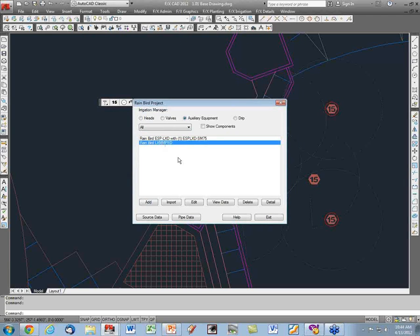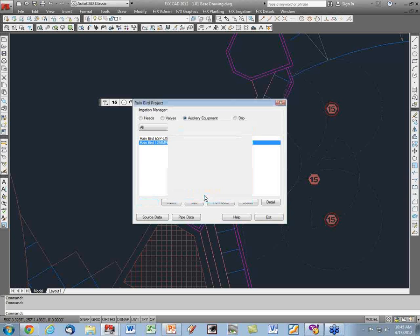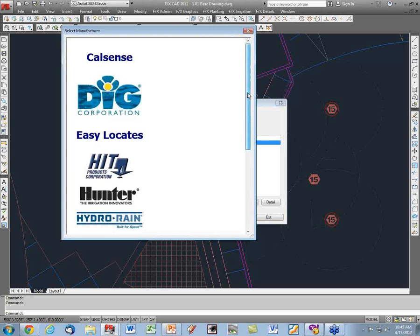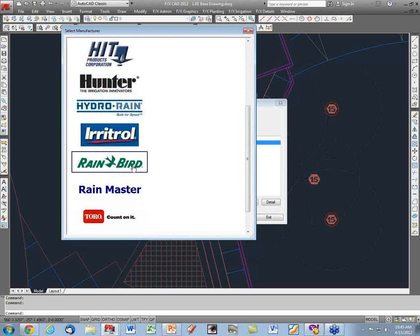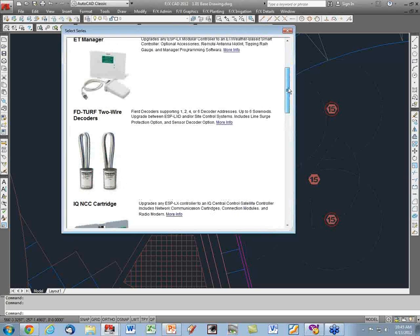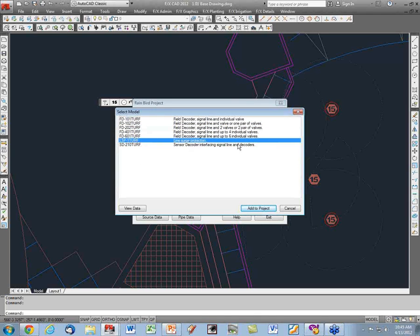And so if I go, oh, you know what, there's another accessory that I wanted, I can go to Add, and instead of going to Controllers, go to, right below it, Controller Accessories. And this is fairly new in Land Effects, so I kind of wanted to point it out. And I'll go to RainBird, and there I'm back to the controller accessories because I wanted to bring in, let's say, a decoder, and you can add more than one decoder type in there and they just have different flavors of decoder, and you can see what it is, including a line surge protection, which you occasionally need to protect your equipment from